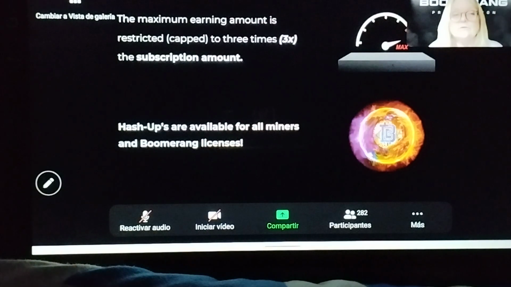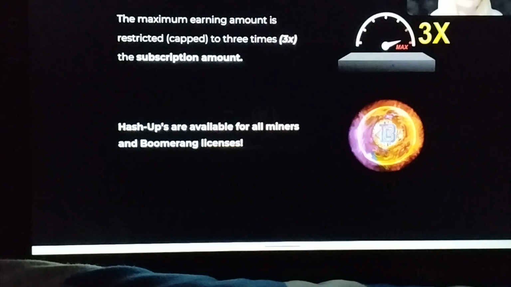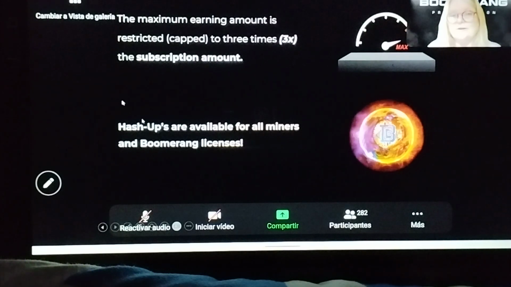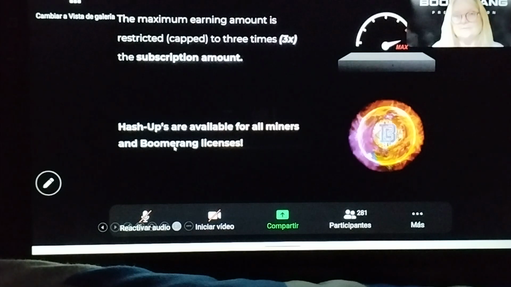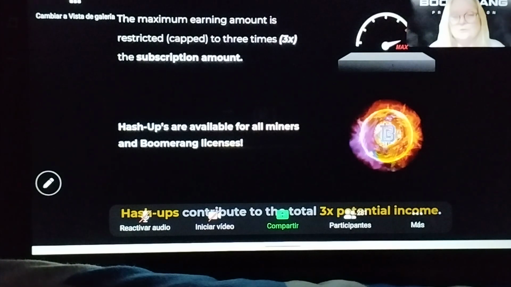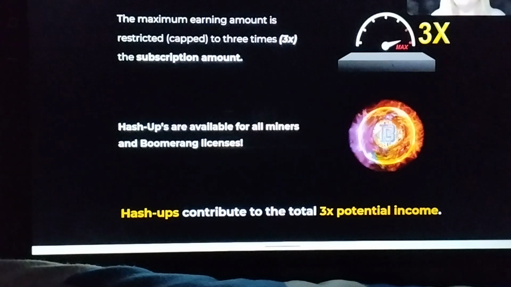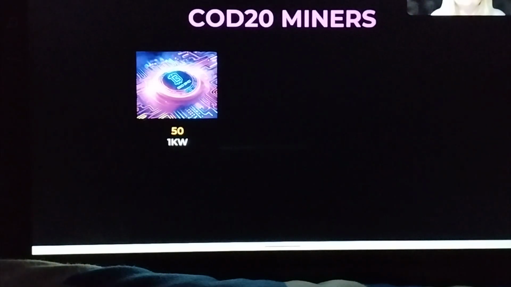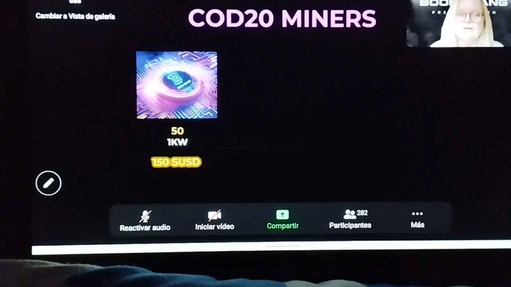For every license that you buy, you have a maximum amount of earnings. And the maximum amount of earnings is 3 times the value of your subscription, or 3 times the amount of all the hash ups or top ups or boom ups or whatever you want to call it, any license, whether it's a miner or whether it's the boomerang. And the hash up contributes also to the 3 times potential income. So what does it do? If you have a $50 miner, you can earn out of your bonuses